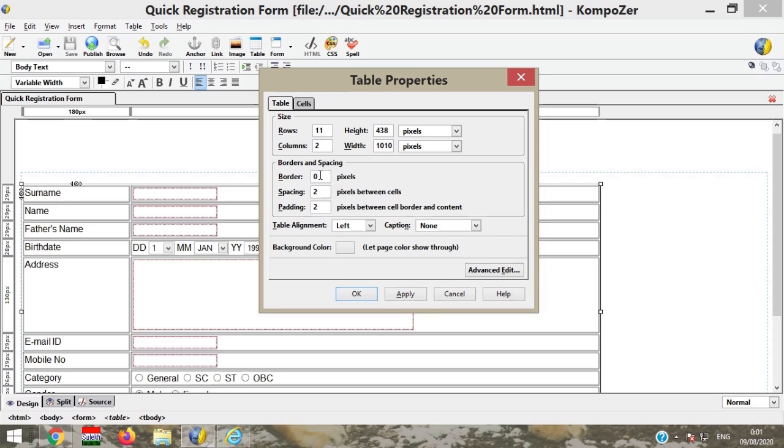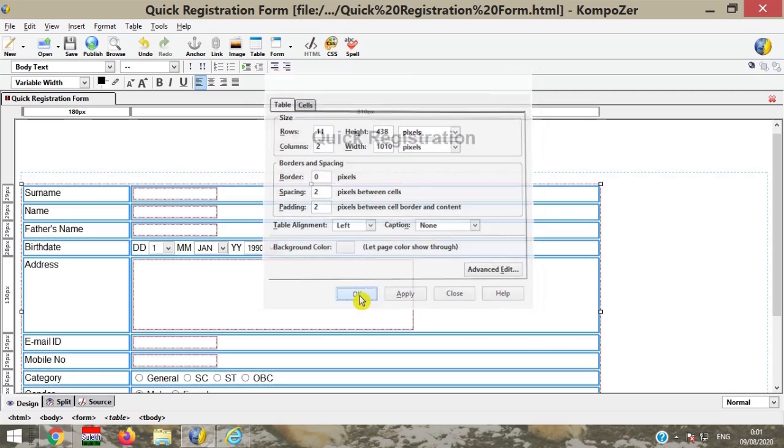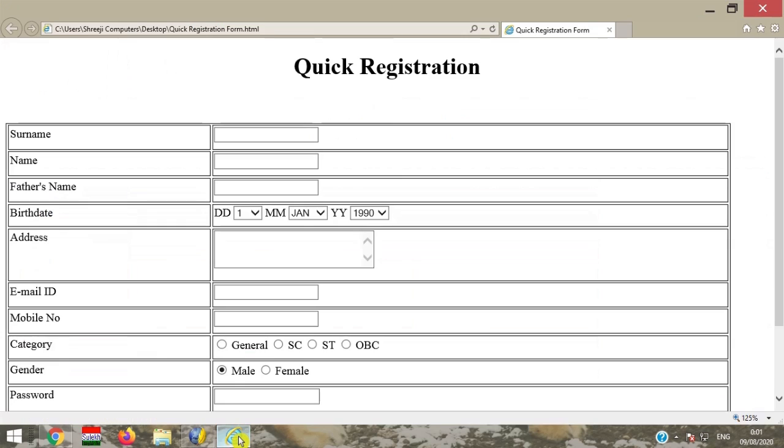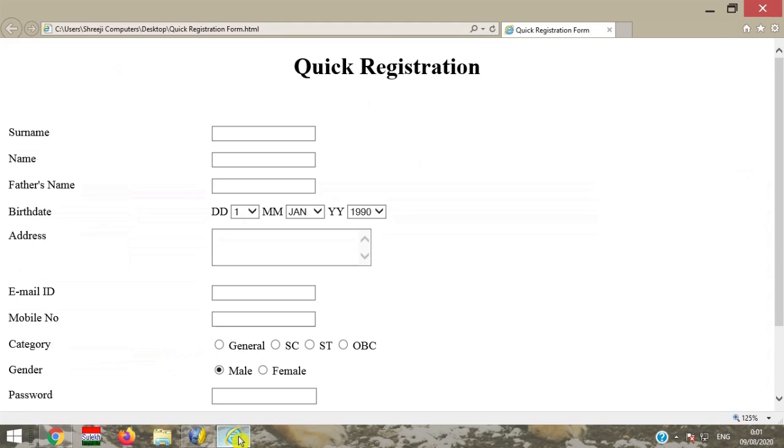Take the border value 0 and then press apply, OK. So save your file and then refresh. Now it is quite good.